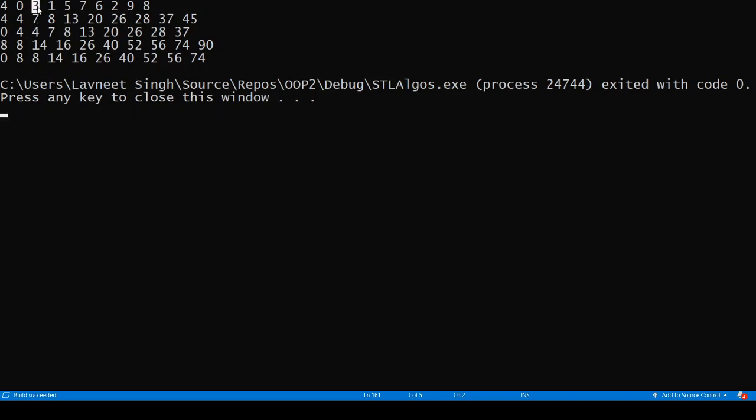Third value not considered, 0 into 2 plus the previous value 8. Fourth value not considered, 3 into 2, 6, plus previous value 14. Fifth value not considered, 1 into 2 plus 14, 16. Seventh 7 not considered, 5 into 2, 10, plus 16, 26, like that.